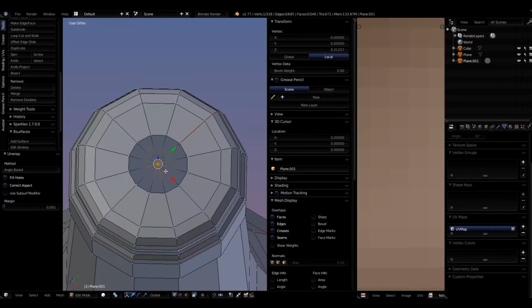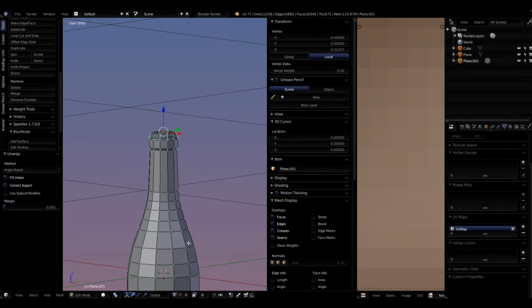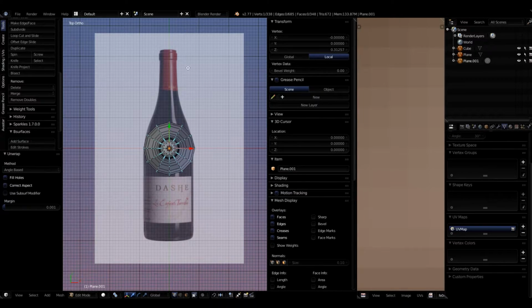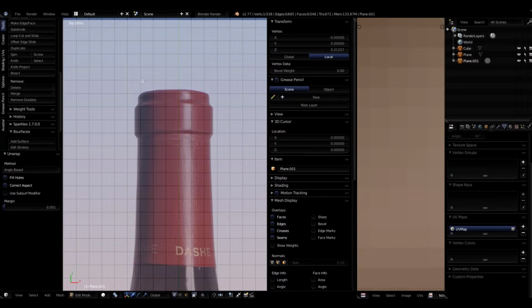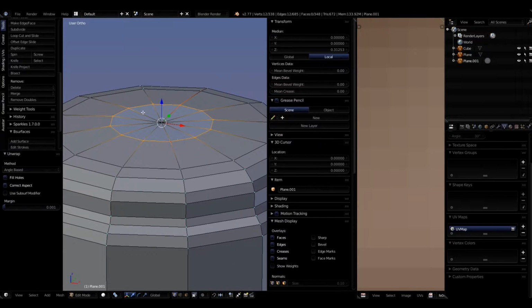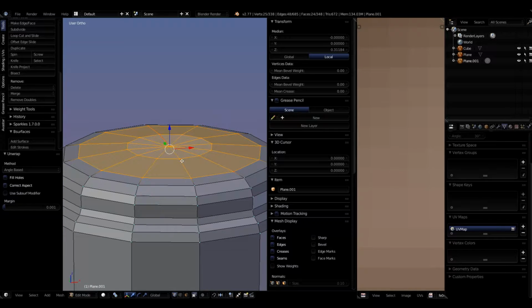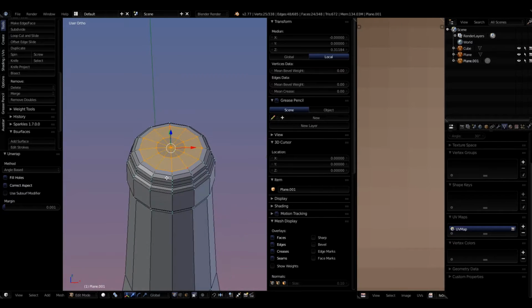Well, first of all, the top of the bottle, when you look at the pictures, I don't know if you can really see it in this picture. Let's go back into one. You really can't. Let's go into top view so we can see it better. Sometimes there's a label or a cap on the top of the bottle that covers the actual cork. So what we could do is take this top piece here, and maybe even go this far out, and unwrap this by itself so that we get,